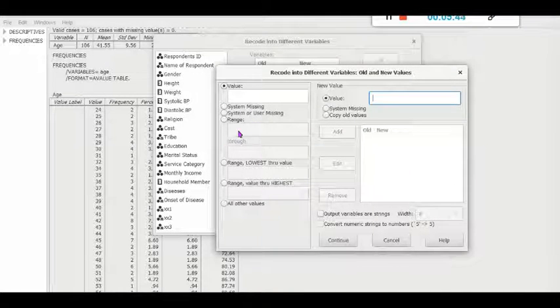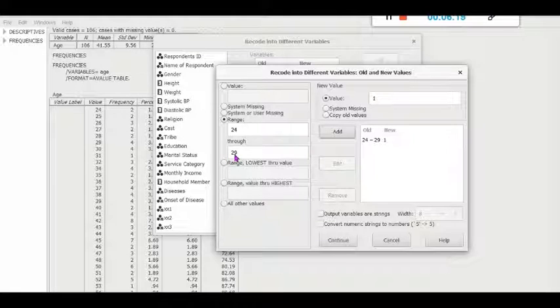Go to the values range. Suppose we are making a class interval. We have already learned how to make class intervals. So suppose the minimum is 24 for the first class interval, the maximum is 29, and we are assigning a level, say 1. That means whoever comes under this age group 24 to 29 will be marked as 1, as a nominal variable, nominal scale. Add.